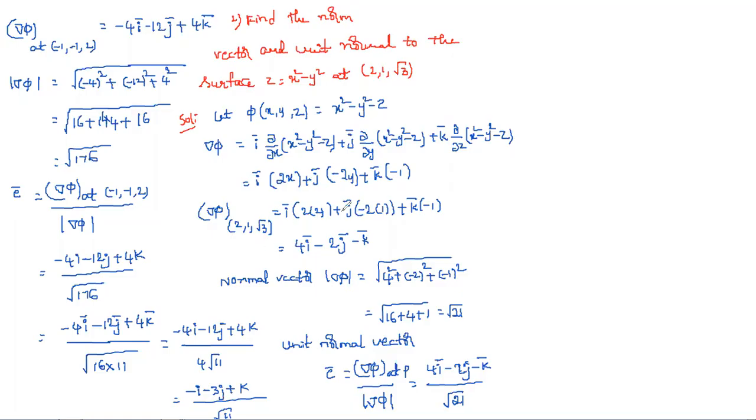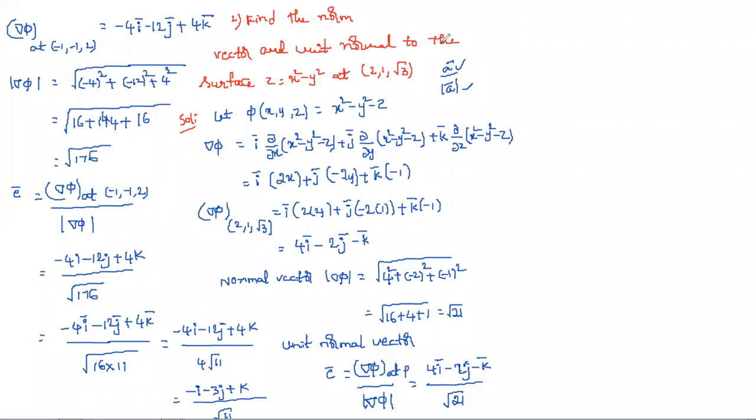If they ask for the unit normal vector, you need to remember that it is del phi at that particular point by modulus del phi. Suppose they give no surface and directly mention a vector. Here they give a vector directly, so you need to write the formula as a bar by modulus a bar: the vector they mentioned divided by the magnitude of that vector. If they give a scalar, we convert it into a vector and then apply it. If they give a vector directly, you write the vector by the magnitude of that vector.